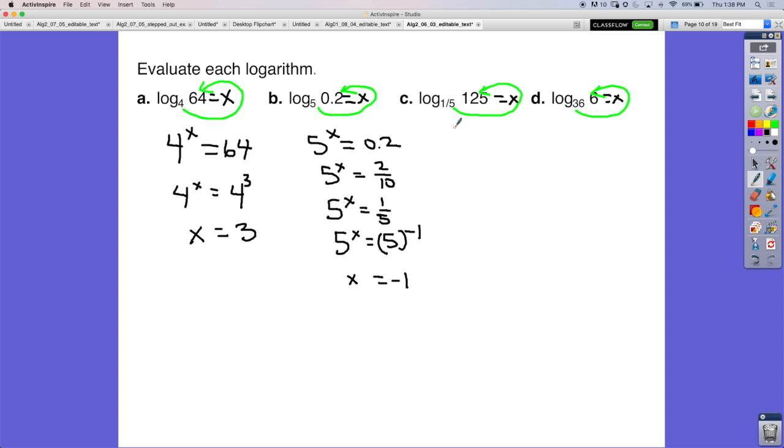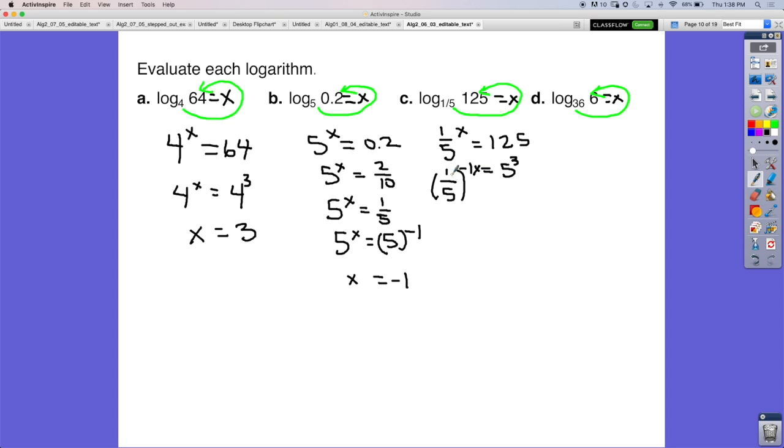Okay, let's do this one. What's my base? 1/5 to the x equals 125. Okay, I know that 5 times what is 125? 5 to the third power. Good. Okay, I want this to be 5 to something power, but it's 1/5. So how do I make this the reciprocal? It's not by negative 5. We have to think of these exponents here. Remember the negative 1? So let's do 1/5 to the negative 1